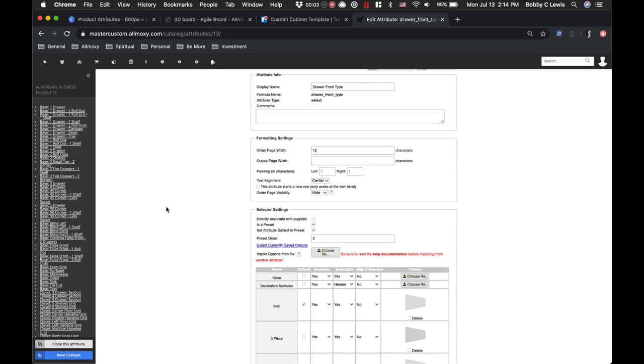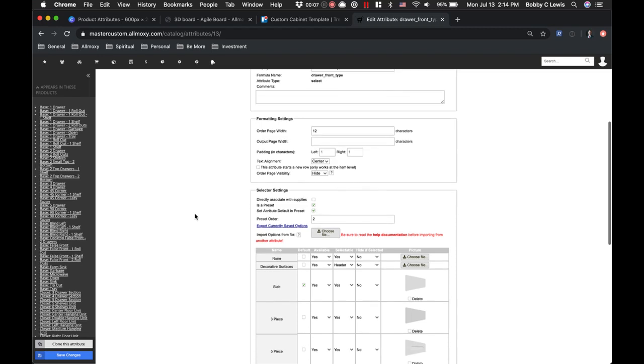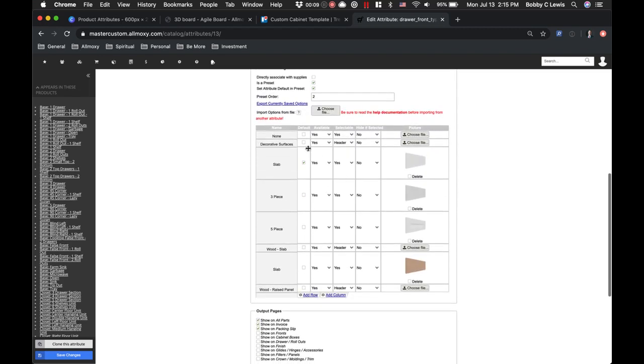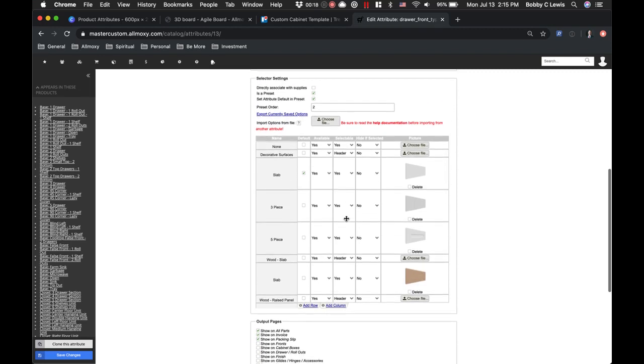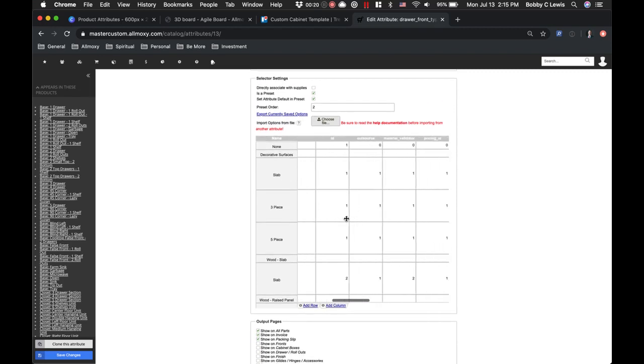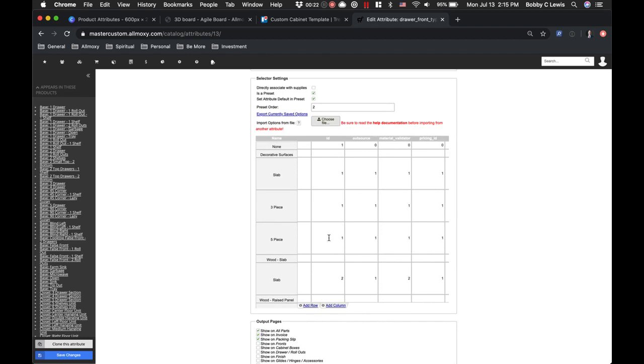Okay, the drawer front type product attribute is almost identical to the door type attribute in the fact that you need to create your groupings in like kind products, and yes, we'll go over the material validation again here in just a minute. ID is just a unique ID for you to be able to give your product if you want to